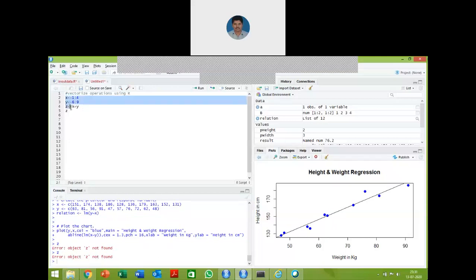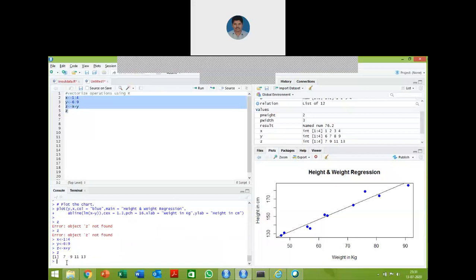So you can find here and you will get the result. So why are you getting the error for executing the same program in the R script?